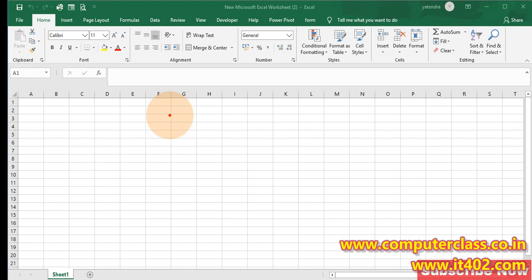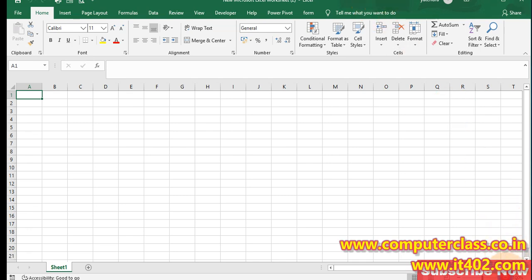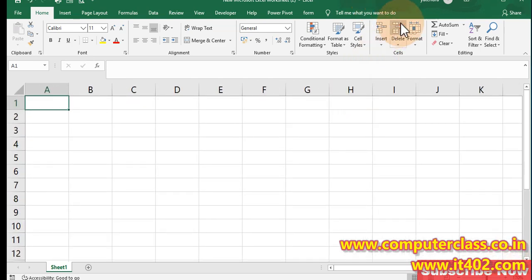So if we have the data written in a particular cell, you can put a formula for calculations. For example, suppose I want to write some random numbers in my Excel sheet.